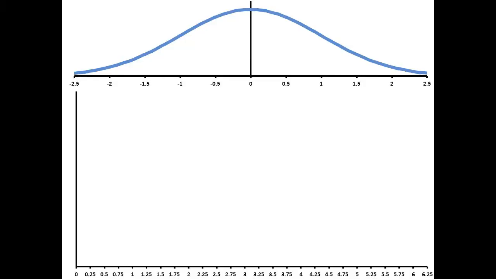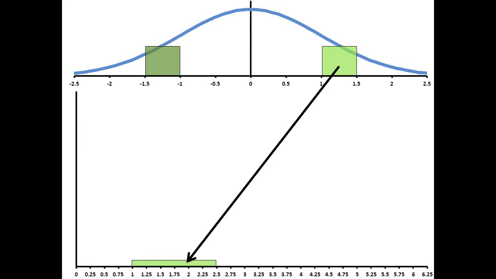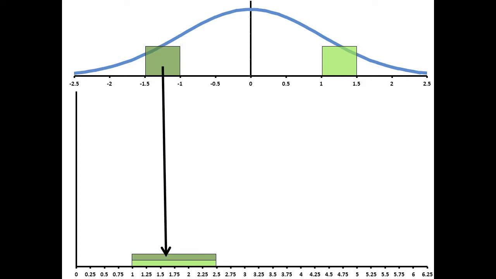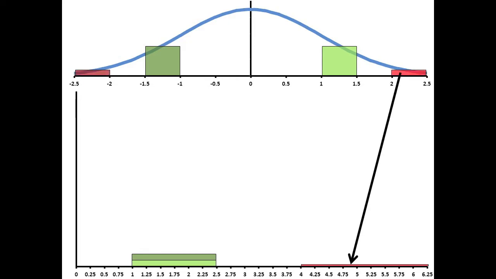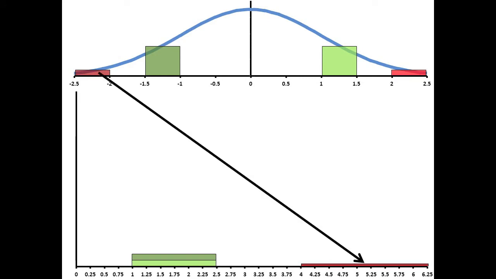For simplicity, we will make its mean 0 and its variance 1. If we square the values of points that fall between 1 and 1.5 in this distribution, they will map to points that range from 1 to 1.5 squared, which is 2.25. When squared, corresponding negative points will map to the same final range as their positive counterparts. The members of the distribution that fall between 2 and 2.5 will map to the new range 4 to 6.25, the squares of their original values, as will the matching negative numbers.